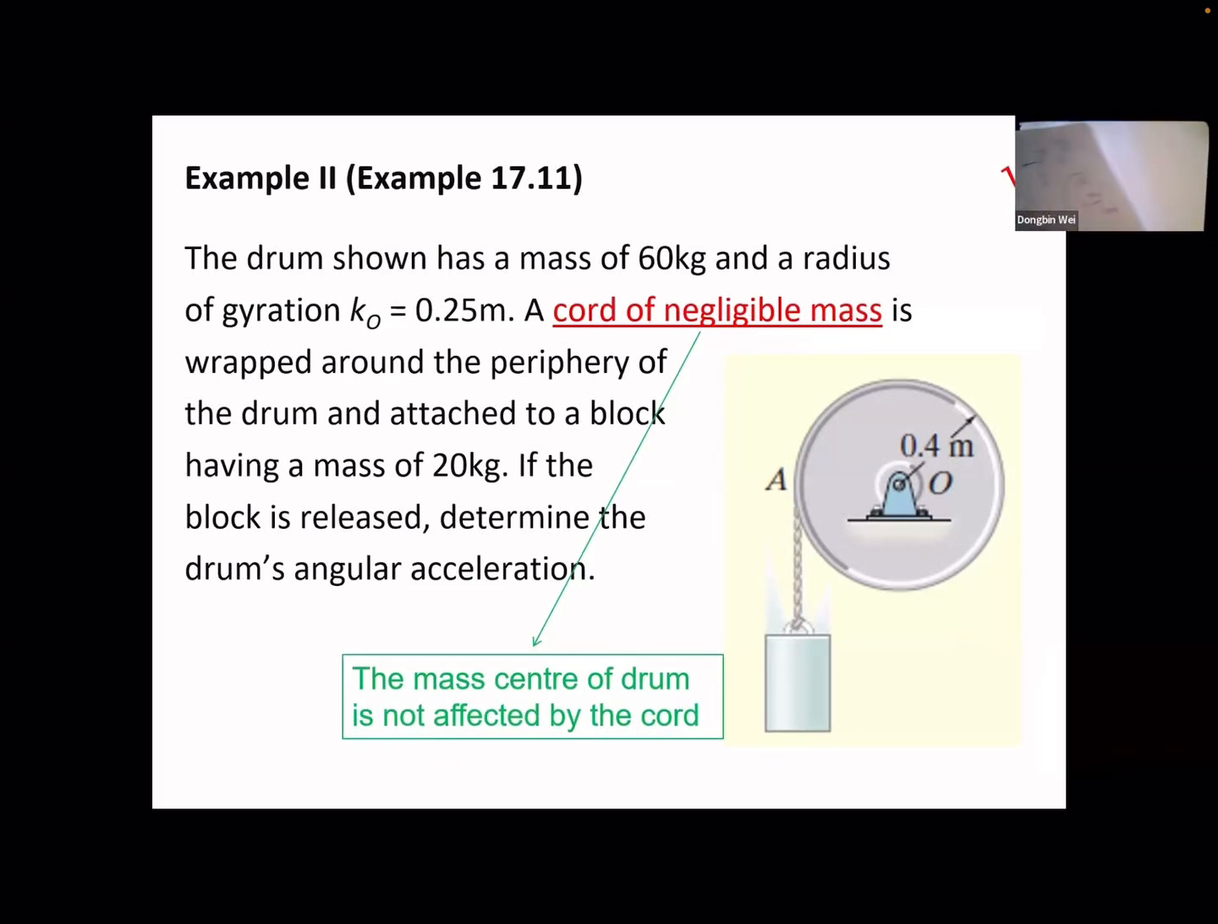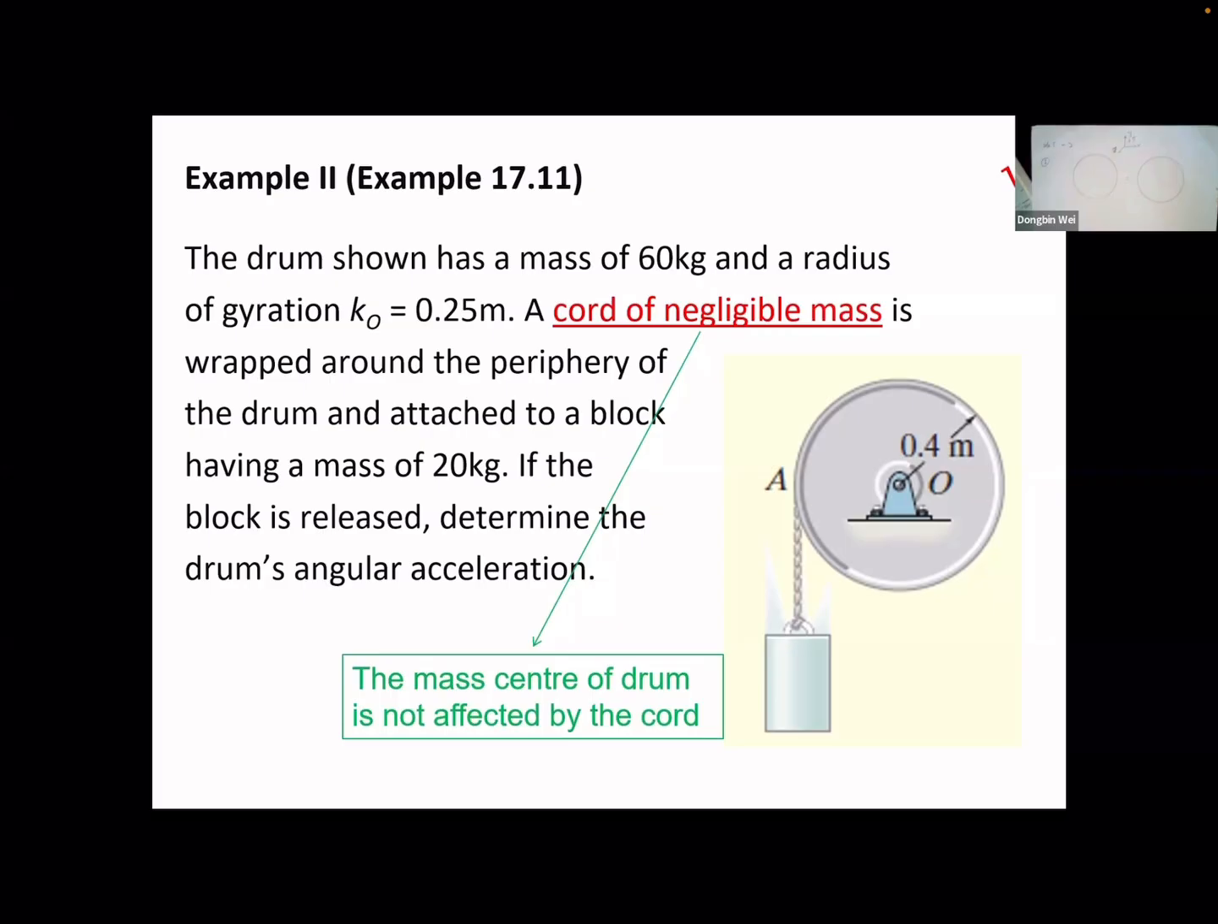Let's try to define this problem. This problem is a little bit more complicated than the first one. Here you can see there is a drum. For this drum, the mass